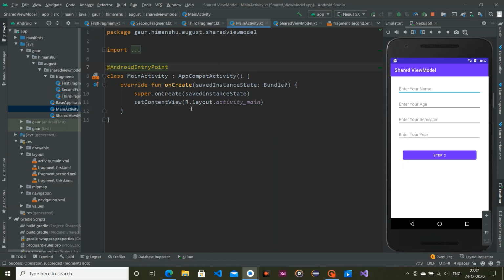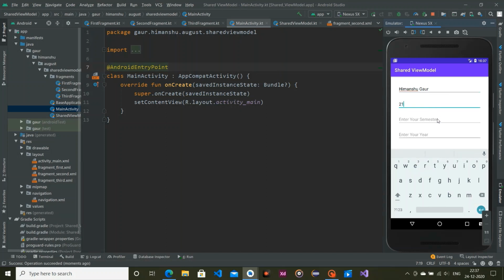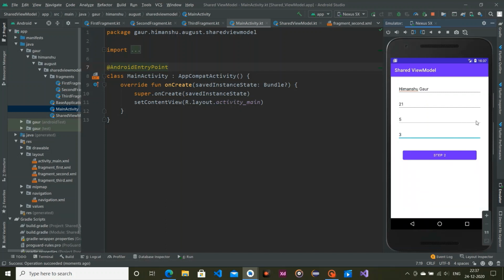Okay, so our application will run successfully, and I'm entering some data.